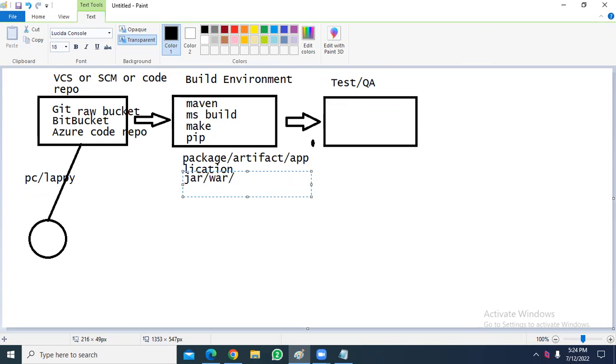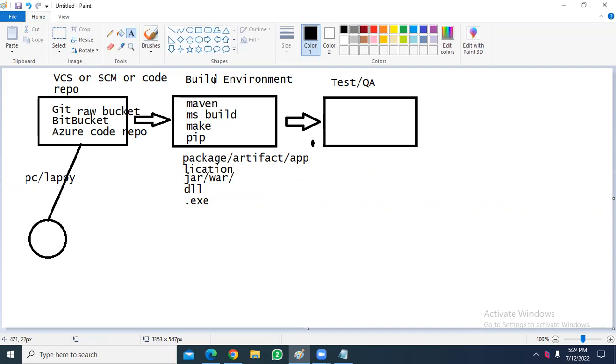If it is a .NET application, generally the artifacts will be in the form of DLL files. If it is C or C++, .exe. These are the outcomes of the build environment. Since we cannot use this artifact directly, this must be tested. To test this artifact, the code is promoted to the next level.